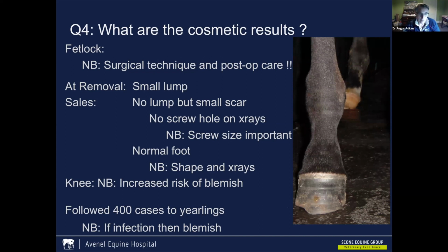Now, just quickly, we'll touch on the knee. Certainly if we bridge a knee, then we do see an increased risk of a blemish. And I'm going to explain why that is in a minute. So when we started bridging a lot of foals' fetlocks,